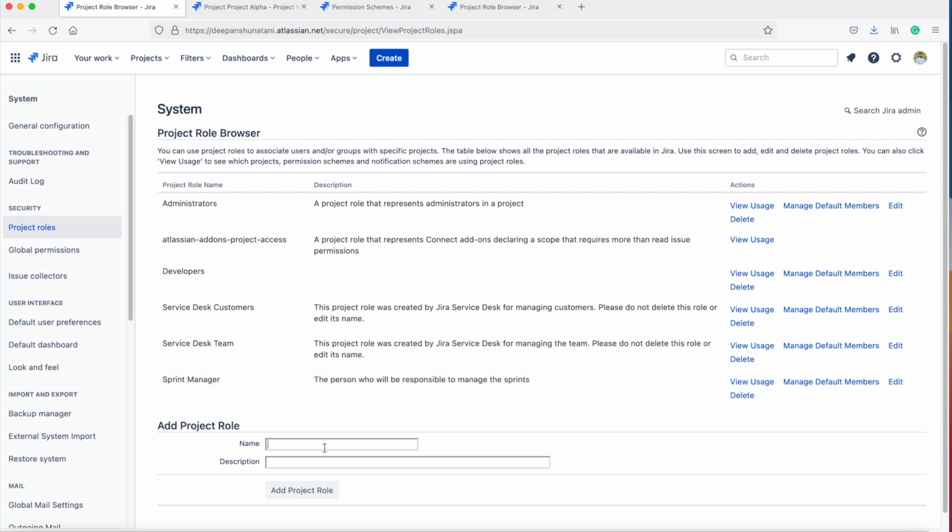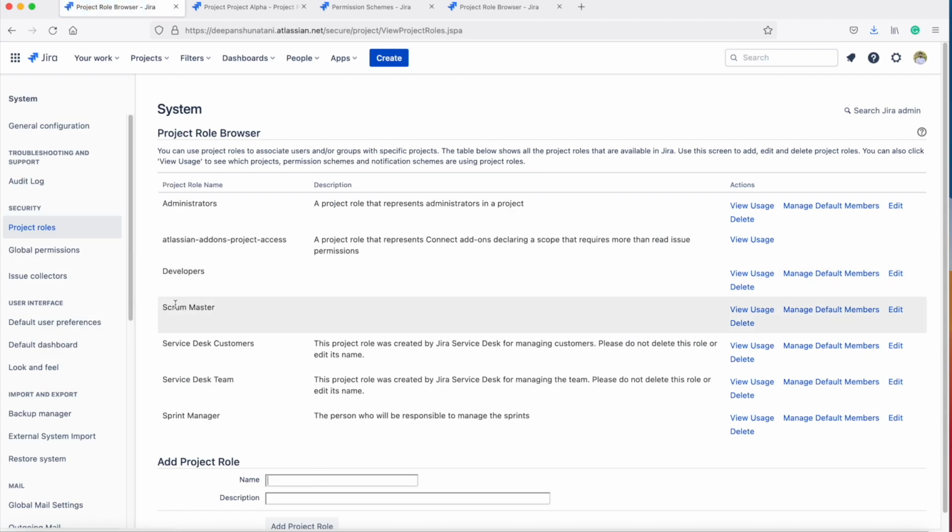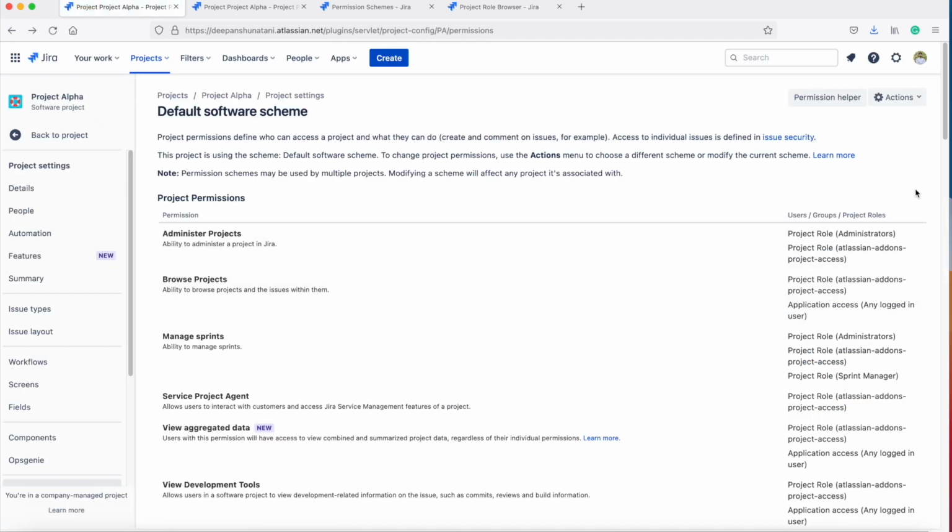If you want, you can create any other custom role like scrum master, and then just click on add project role. So here we can see that I have created this custom role called scrum master, and if I want to assign this role the manage sprints permission, I can go to the permission scheme and edit it.